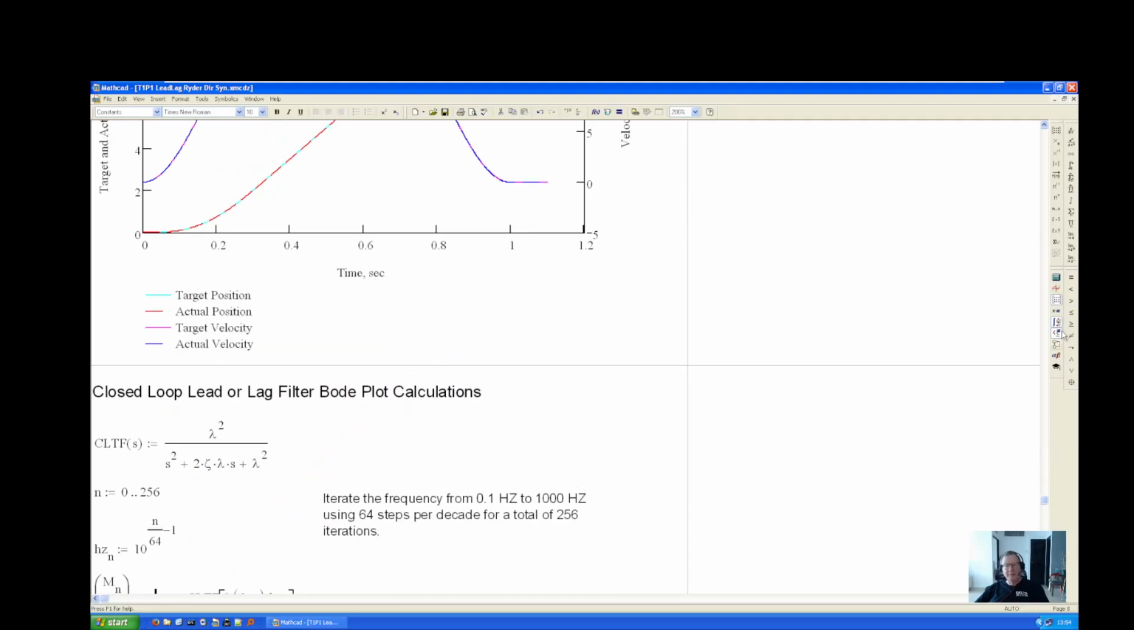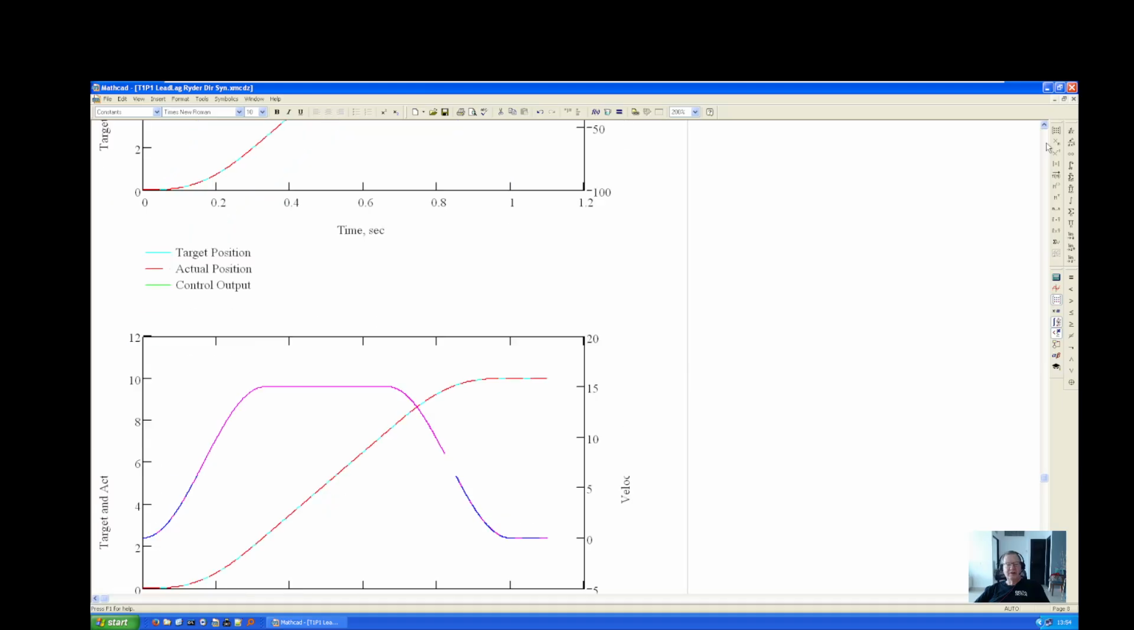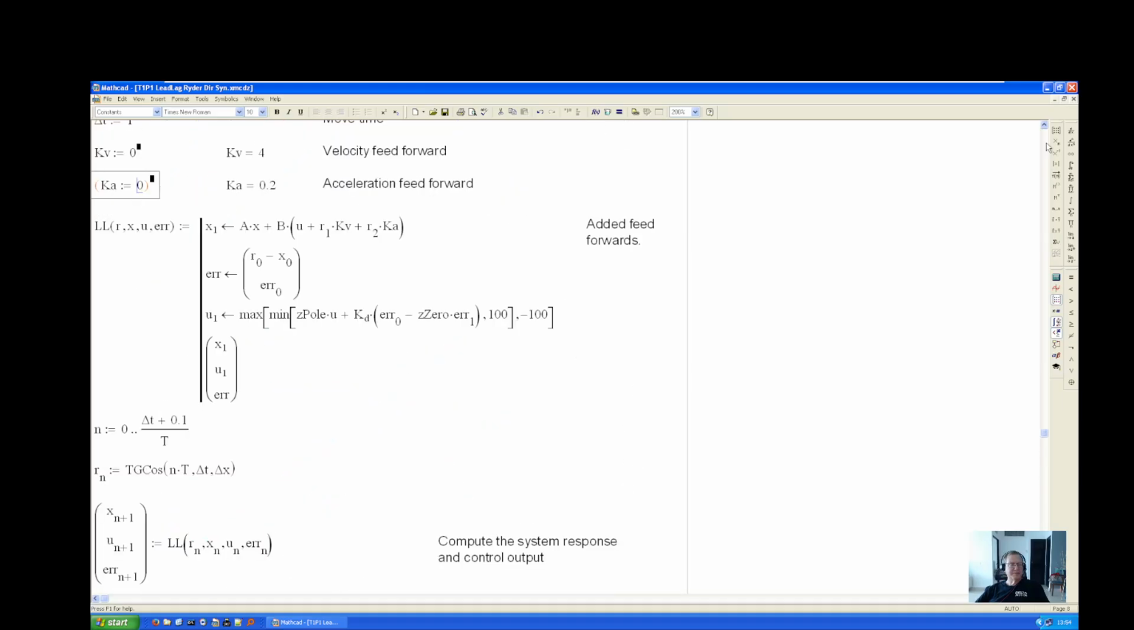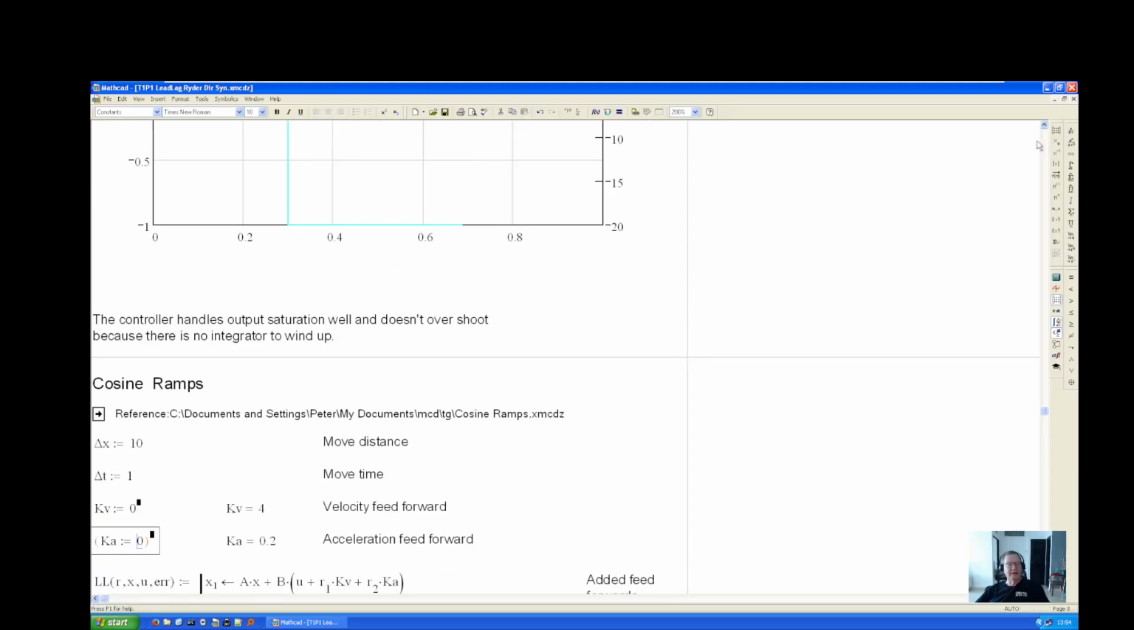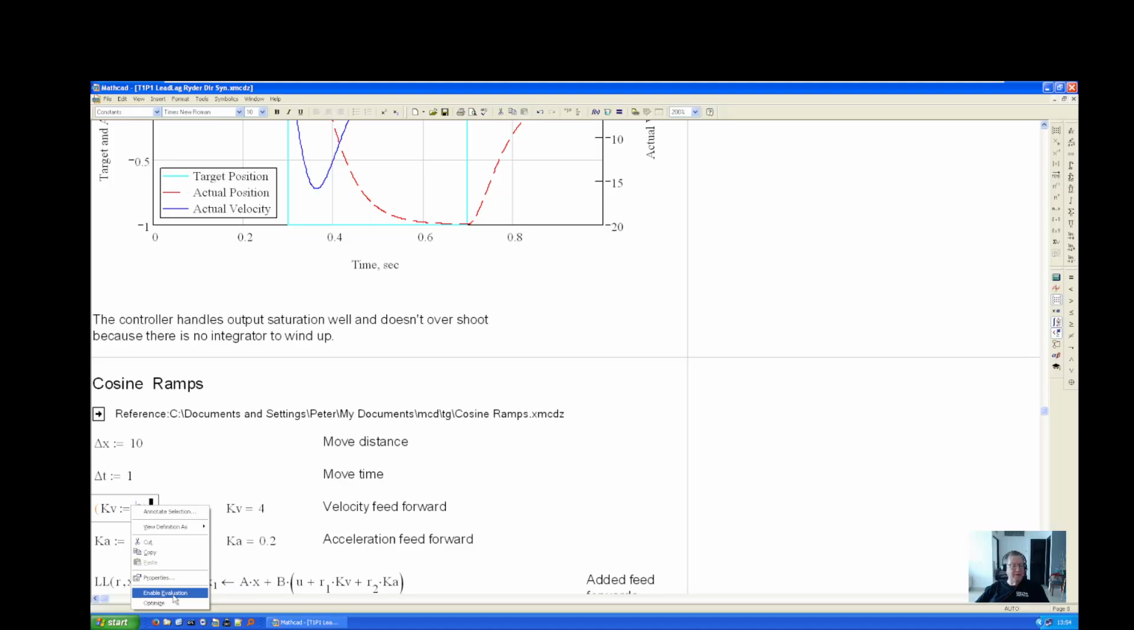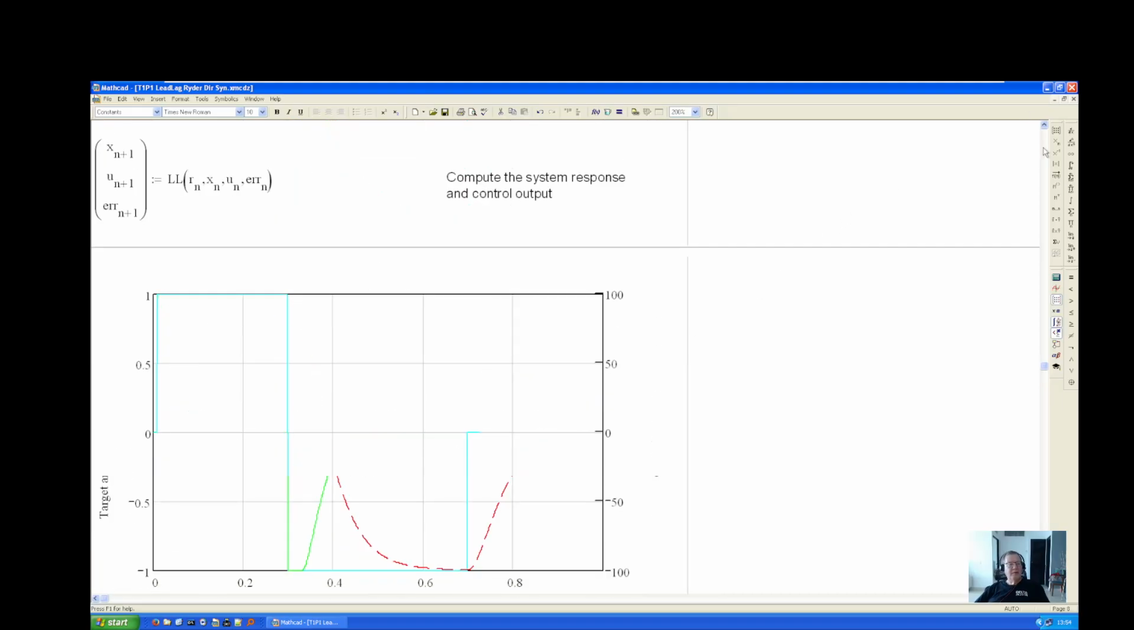But you can see that works out pretty nicely. Now let's take care of the lead and lag problem differently. Let's zero out the feed forwards again. Okay, so now they're back to 0. And we can reduce the error